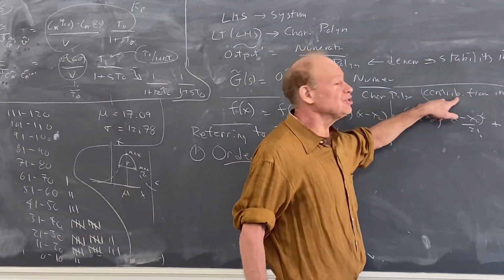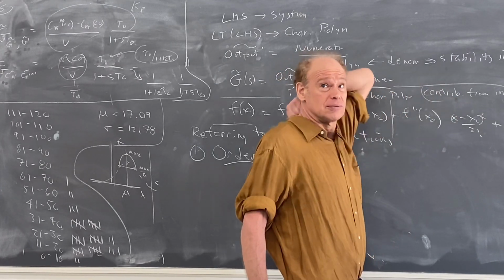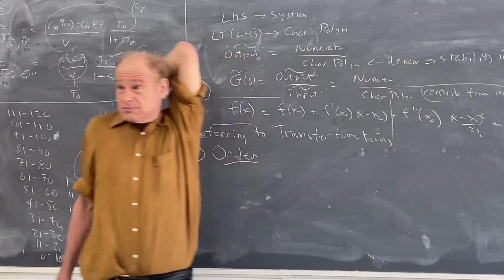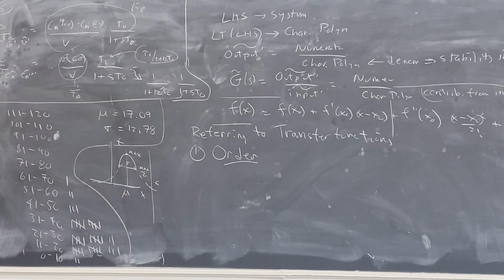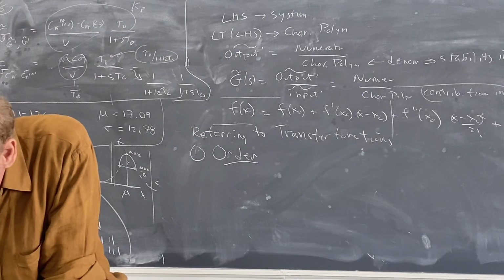So the contribution from the input is either a constant or sticking another s in the numerator. So that doesn't affect the denominator. That's telling you that the stability characteristics come from the characteristic polynomial, which is from the system and not the disturbances. Okay, so with that in mind,